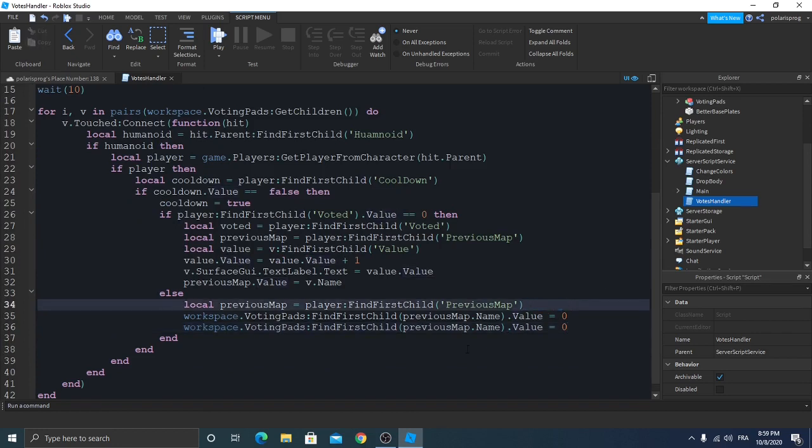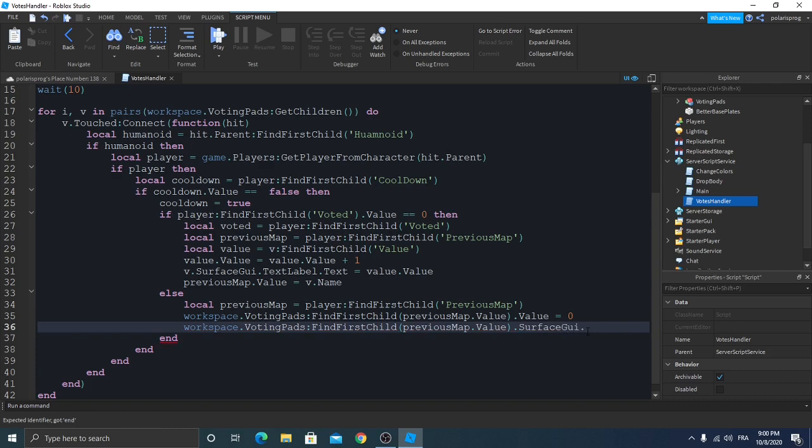Let's remove this and put it here. I think this will be better. Is equal to previousMap find .Value .Surface